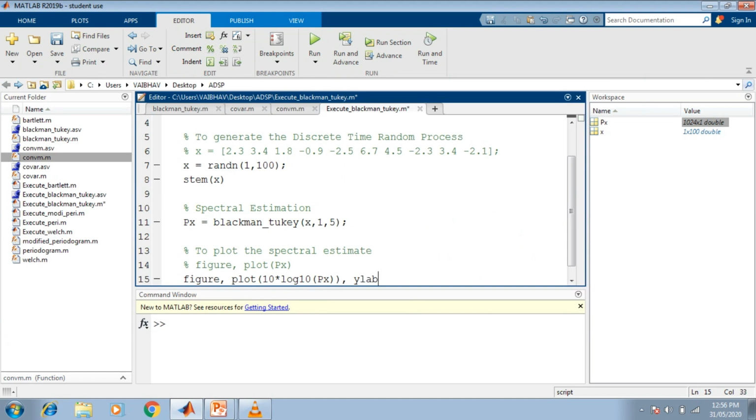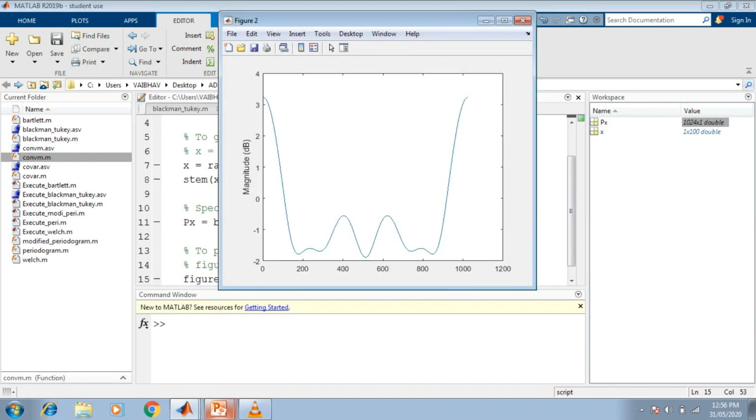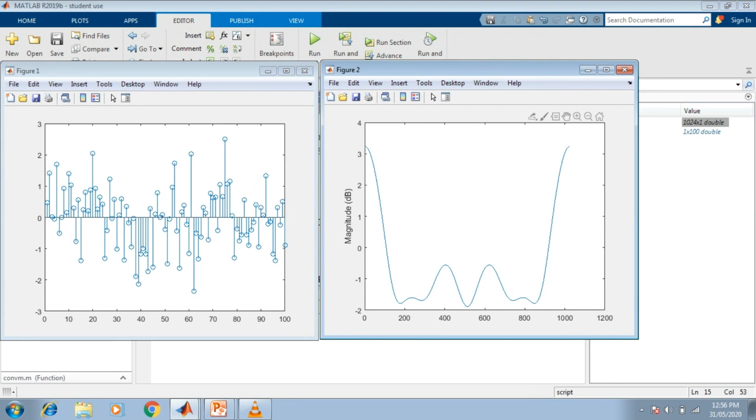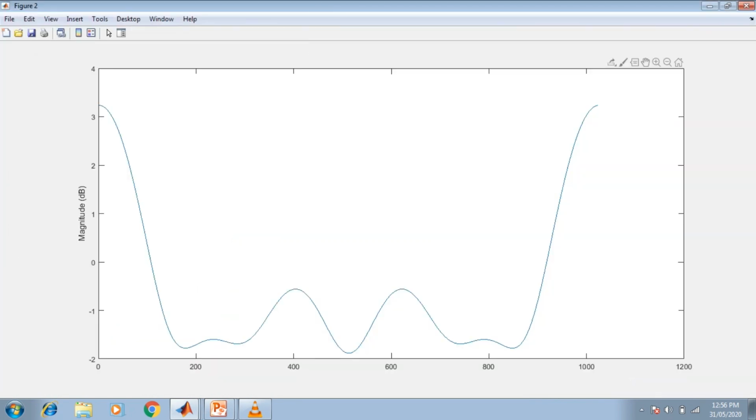We write ylabel, and within a pair of parentheses and a pair of single quotes the magnitude, denoted in terms of decibels, small d capital B. Saving the change and running this program, we find this is figure 1, the discrete time random process, and this is the second figure, the plot of the spectral estimate in terms of decibels. On the vertical axis, from the maximum value 4 in decibels down to -2 on the negative side, we have the plot of the values corresponding to 1024 samples in the frequency domain.